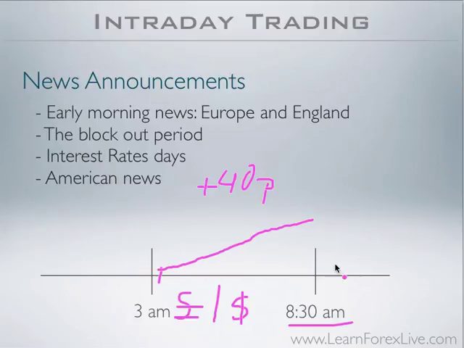Well, let's assume that, again, like I said, by the time the New York market opens, we are sitting at plus 40 pips in profit. And with a quick look into our economic calendar, we see that we have an important news announcement. Again, only those colored in red, only those labeled as major impact news announcements. We have one specific news item coming out at that time. The question you should be asking yourself as a trader is, do I want to risk these 40 pips in profit that I already have in my hand? Do I want to risk giving them back to the market